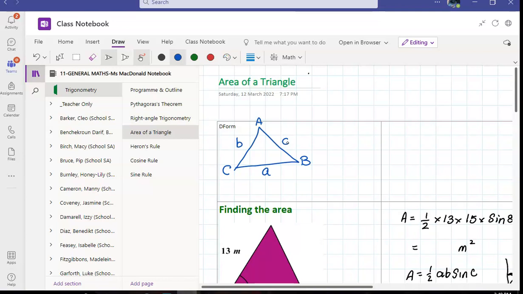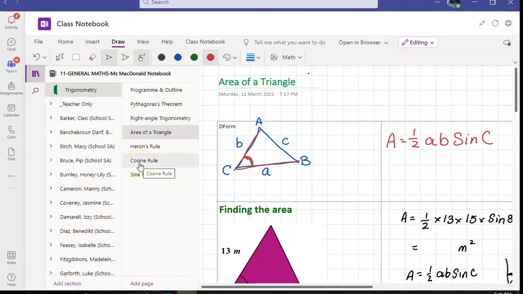So with the sine rule, we've got area equals a half ab sine C, and the main thing that you need to know from that, we don't have to really know which one's A, which one's B, which one's C. What you need to know is that it's a and b, and it wraps around the angle C, okay? That's the main thing. If you know that, the rest of it's going to be a walk in the park. And one of the rules, hopefully, that we'll get to today,